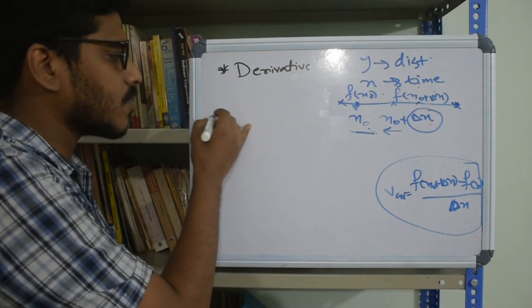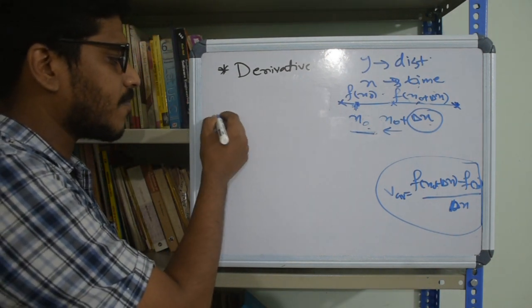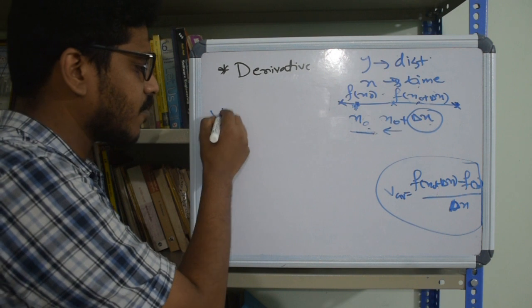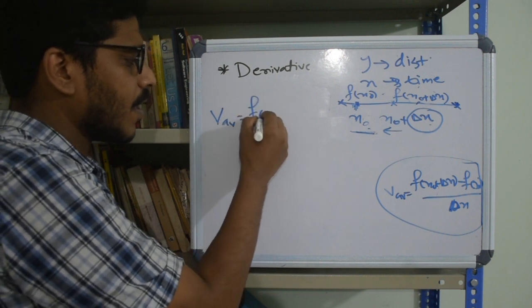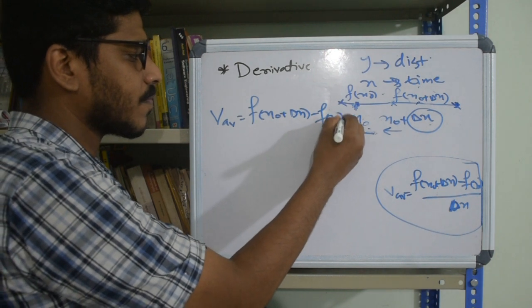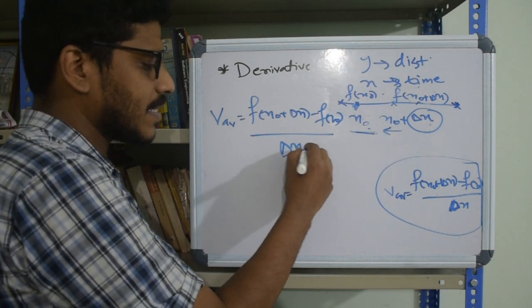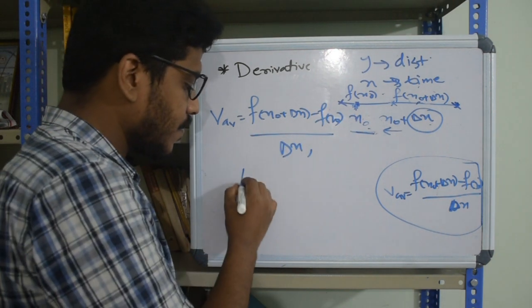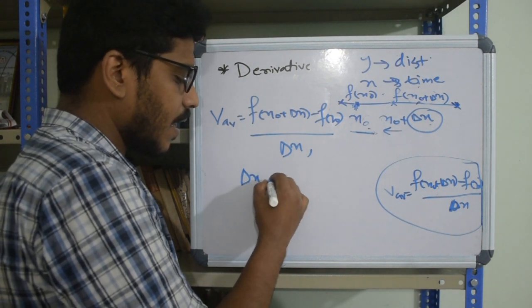So the velocity at x naught can be found using the same formula, f of x naught plus delta x minus f of x naught divided by delta x, but with delta x assumed to be